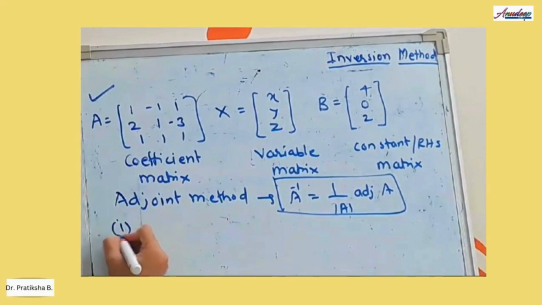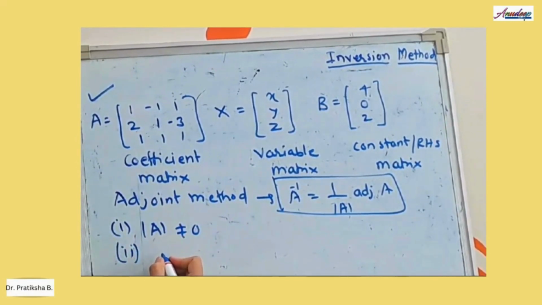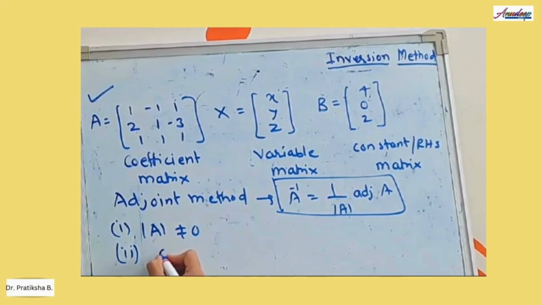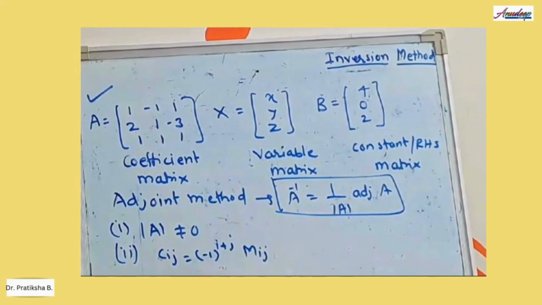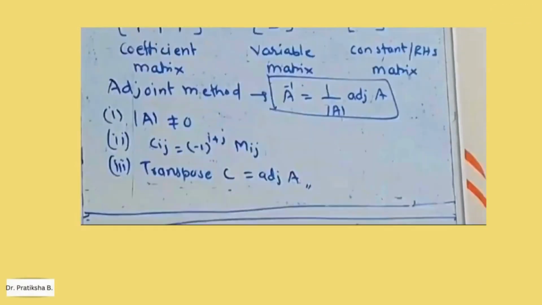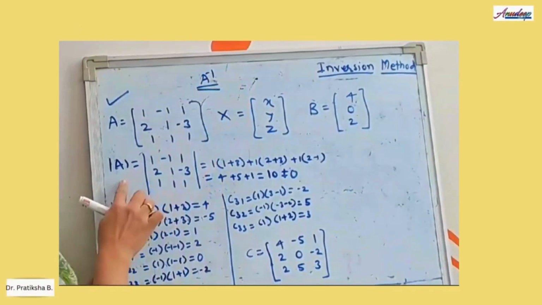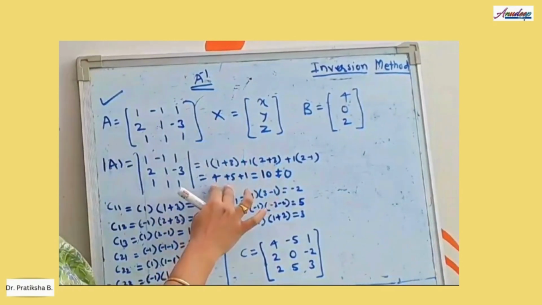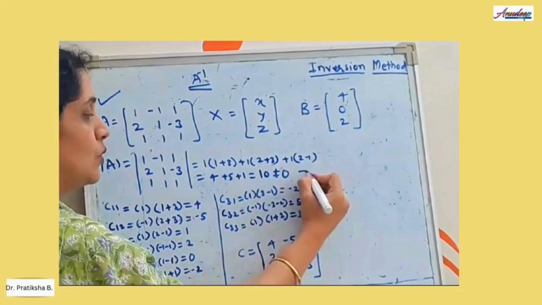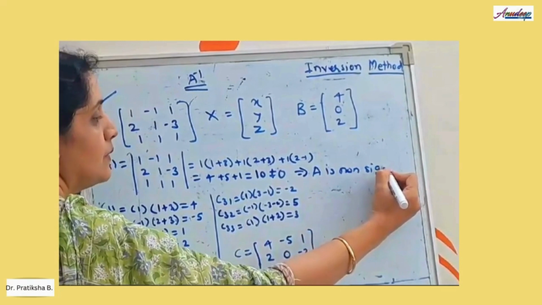First, we have to check that the determinant of A is not equal to 0. Using the coefficient matrix, we find the elements of the cofactor matrix using the formula as discussed earlier. And once you obtain the cofactor matrix, we take the transpose. So now let us proceed to find the inverse of the matrix A. The first step is to check if the given matrix is non-singular. So evaluate the determinant of A, and when we work it out, it comes out to be 10, which is not equal to 0, which implies A is non-singular. That is the very first step